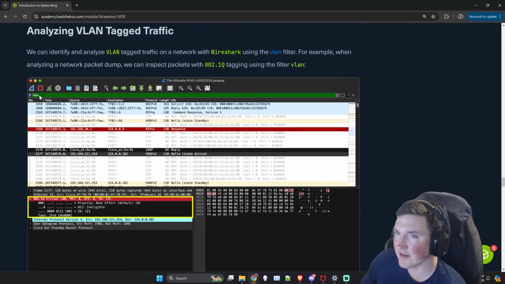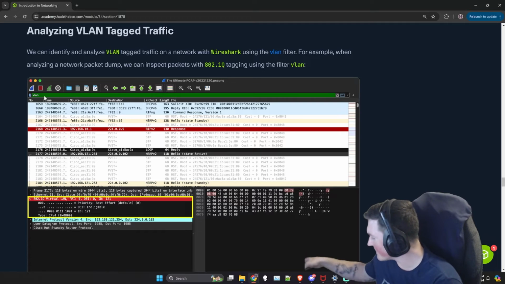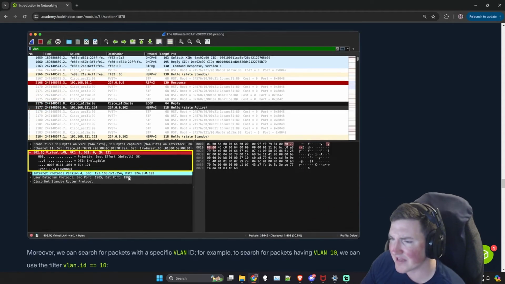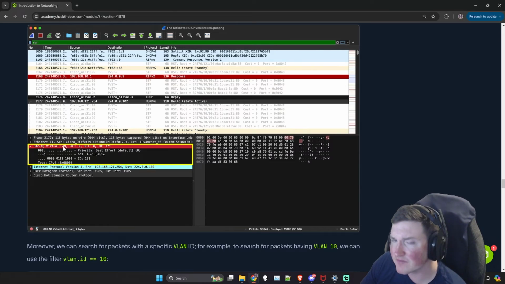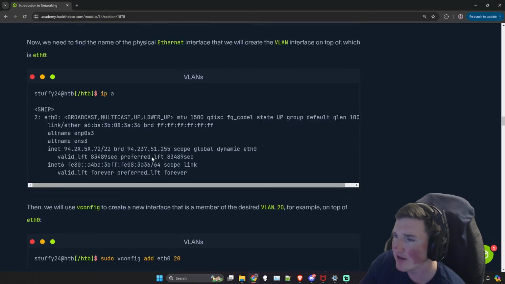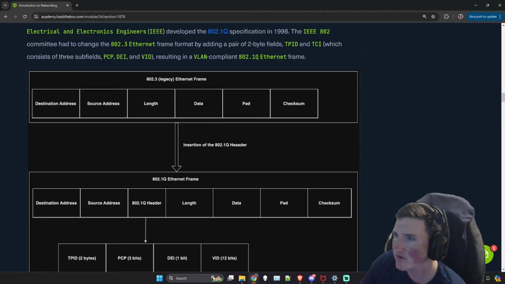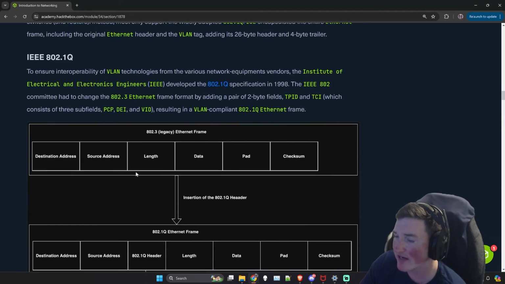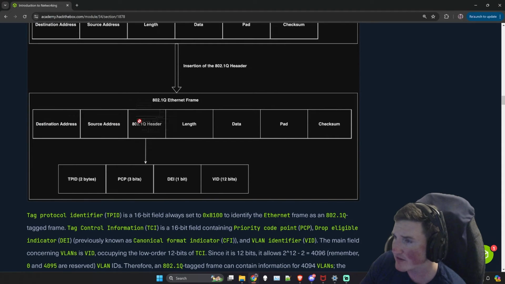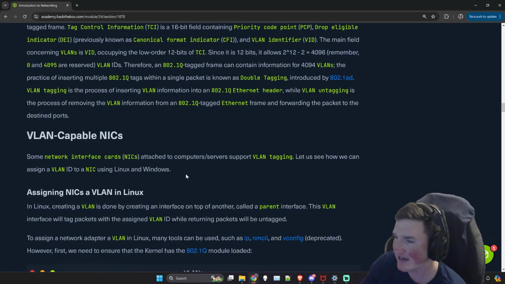But here's a good example. They're looking through the packet, and you see this ID. So you remember up here, we did the 802.1Q, you have all this data that has to be in here, and then here's the header, and it has to have the TPID, PCP, DEI, and VID.